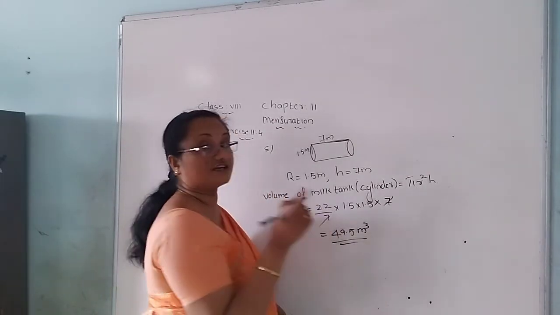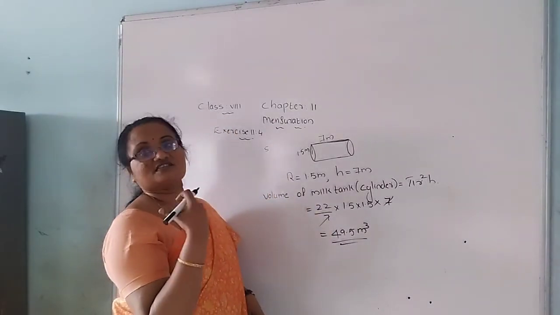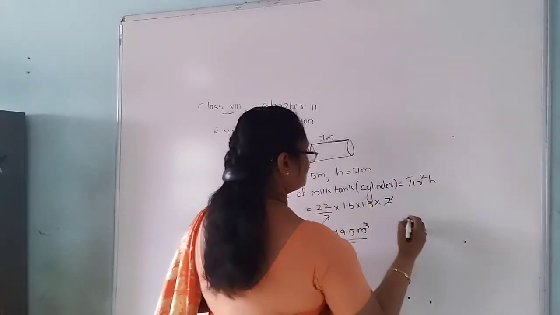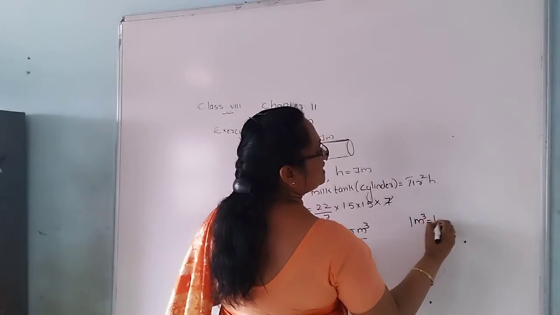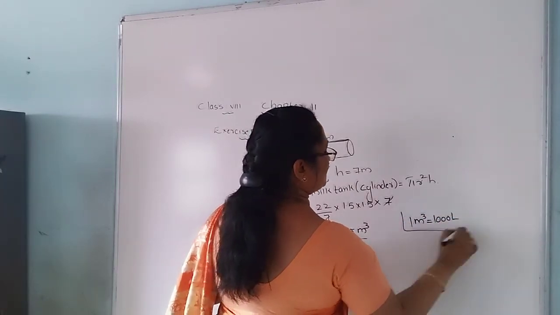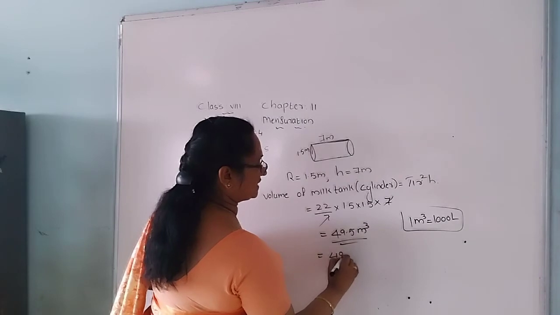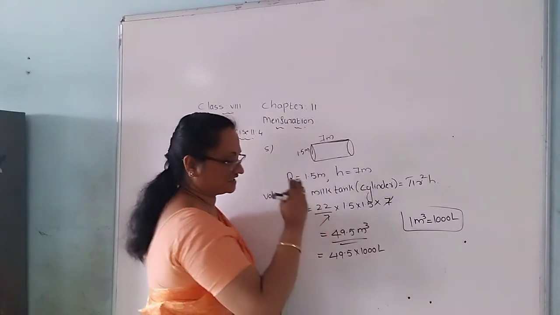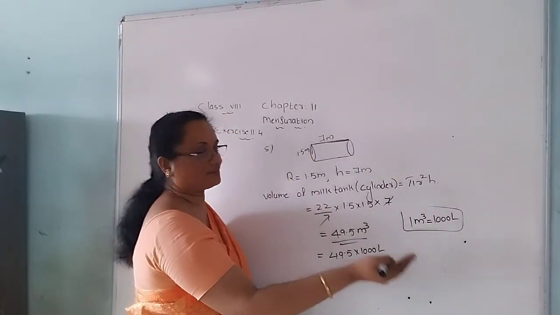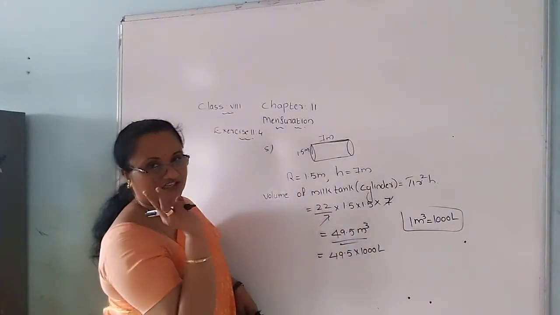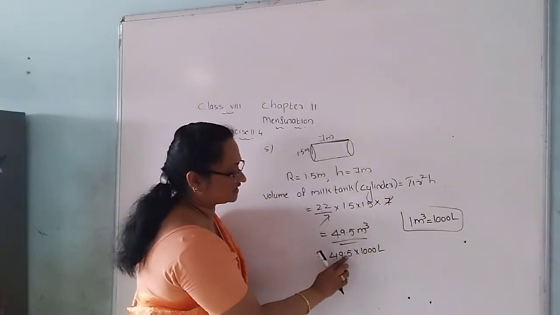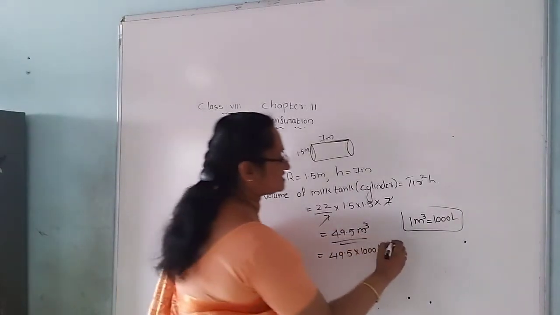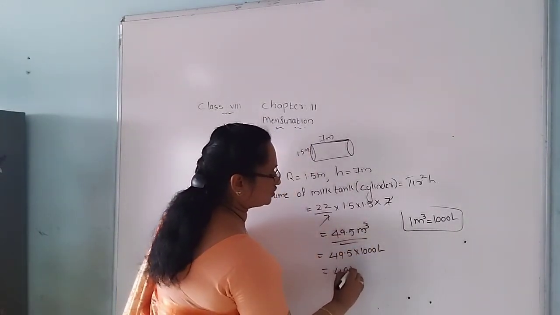Then what do they ask? Convert it to how many liters. So we want to convert meter cube to liter. That means 1 meter cube contains 1000 liters. That's why we multiply the answer by 1000. Any number multiplied by 1000 moves 3 places from left to right, because 1000 carries 3 zeros. Count the decimal: after 1 digit, 2 more places are needed. Where the place is missing, we keep 2 zeros.